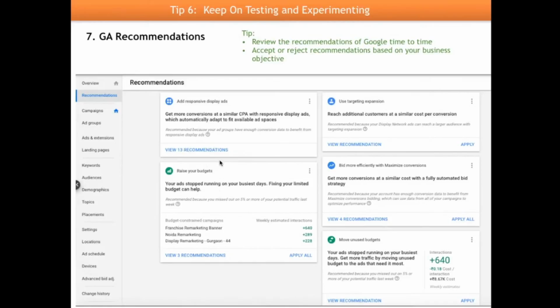They'll ask you to increase the budget or decrease the budget, add a keyword, change the ad copy, or add dynamic things. You can just accept them or reject them based on your own will and analysis. But this is something that Google tells you about. Some say raise your budgets, recommended because you missed out on 5% or more of your potential traffic. Now I need to know whether I should be going with it, or I have a budget constraint, or what was the reason. You can't blindly trust the machine, and that's what you get paid for as a Google Ads expert. All right, so keep these